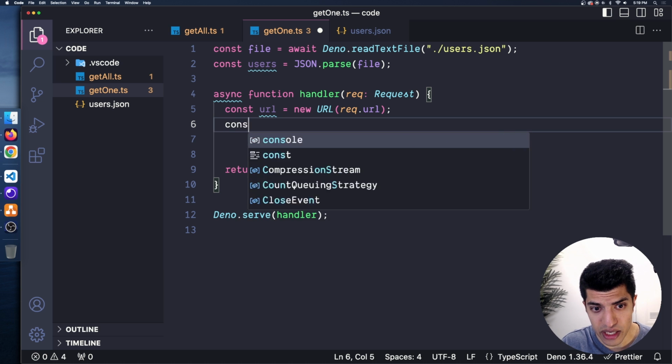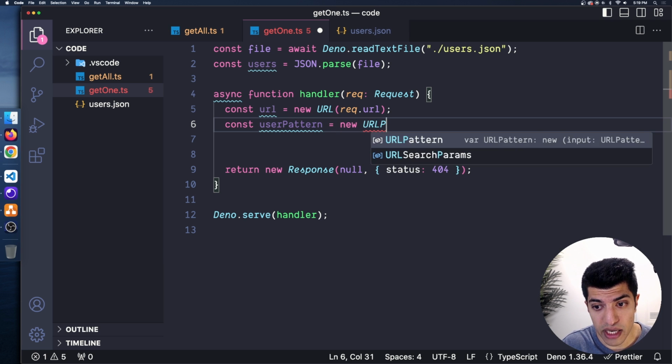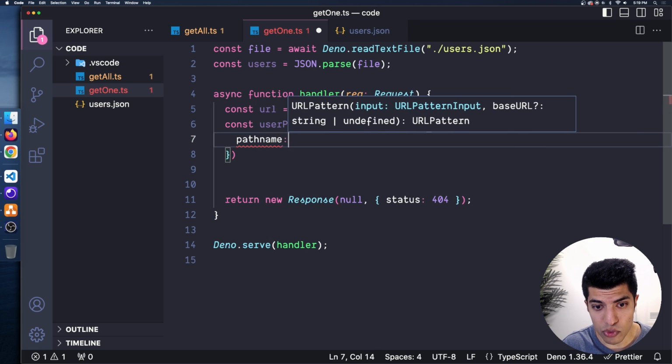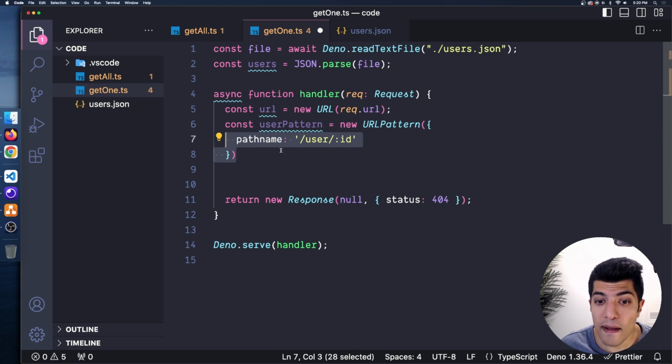So let's go ahead and do that. I'm gonna say const userPattern. I could probably be more specific with this, but I'll just start with this for now, is equal to a new URLPattern. And this one is going to have a, I'll just do it like this, just so it's a bit more clear, so it doesn't run off the screen. The pathname in this case is going to be /user/ and then I can do this nice syntax where I can do /: and then any name that I want. In this case, I'll just do id,